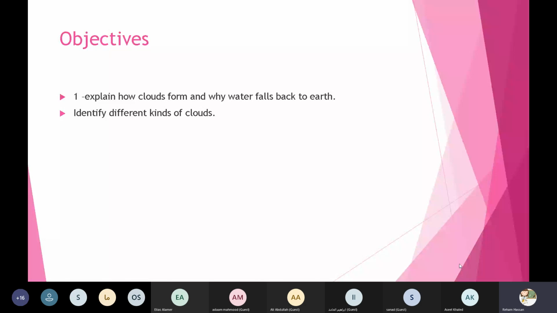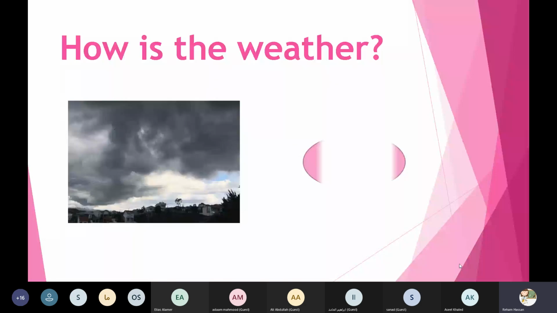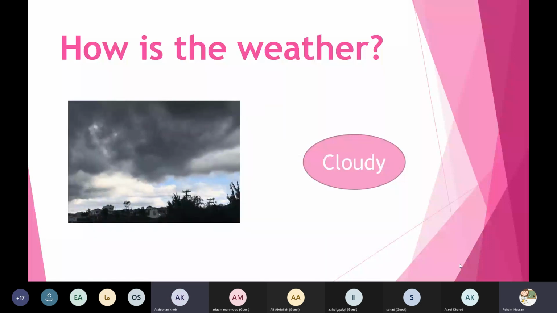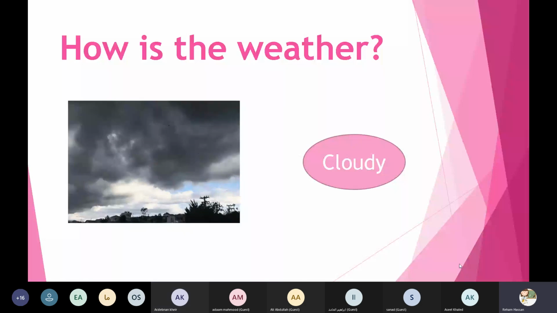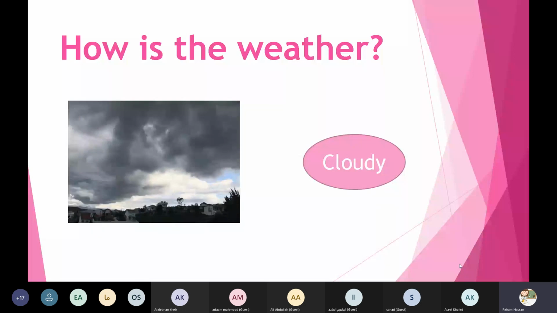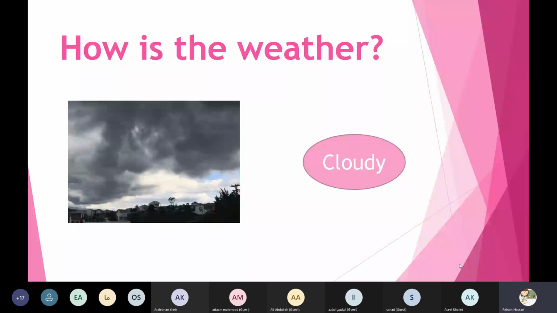Let's start. First, grade 1, please look at this picture and tell me how is the weather in this picture? Good evening, teacher. Good evening, Aris. How are you, Aris? I'm fine, thank you, and you? Yes, Salim. Amazing, thanks a lot, Salim. It's cloudy. If we look at the sky, you can see the clouds, and we know it's cloudy weather.